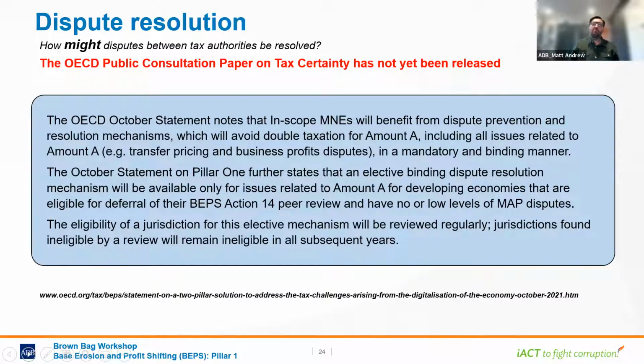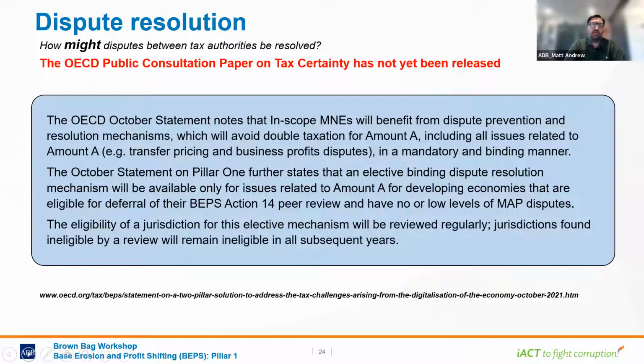So just before I move to the next slide, what I've taken you through very briefly is scope, and as we've mentioned, scope has entities which are excluded from the scope of amount A, for example, government entities. We also have carve-outs for financial services and the extractives industry, and then we use thresholds, revenue and profit thresholds, to confirm whether a multinational is in the scope of amount A or not in the